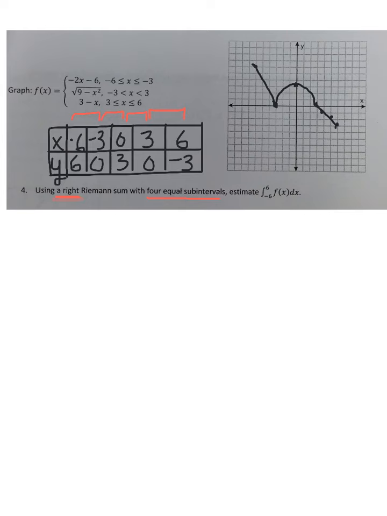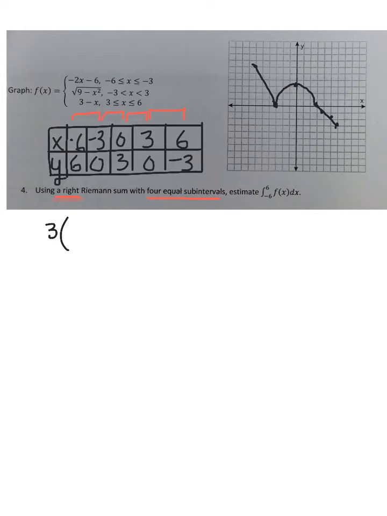Number 4, so they asked you to graph it, so there's your graph, piecewise function, and I just went ahead and made a chart here, and we wanted 4 subintervals, so I just sectioned those guys off, and we want a right Riemann sum. Now you should see that the width of every single one of these is 3, so I'm going to go ahead and just write 3 times, and then I'm going to find the right hand